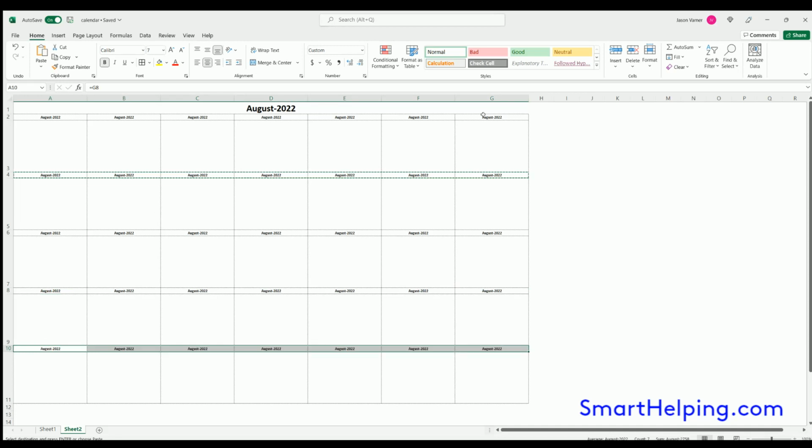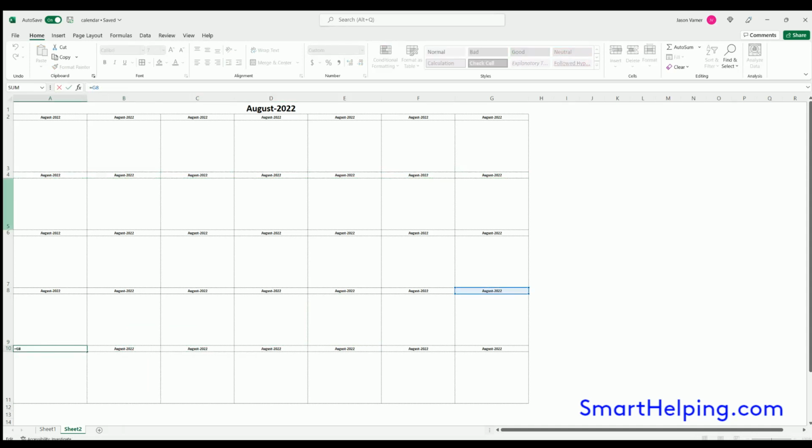Now note, every day will have at least 28 days. So you got 7, 14, 21, 28. So we don't need to do anything fancy in these. But down here, we want to auto calculate when the end of the month is. So to do that, we simply say if G8 +1, and all of these, well, hold on. All of these should be +1. So this +1, and we'll go here and here. Okay, and then